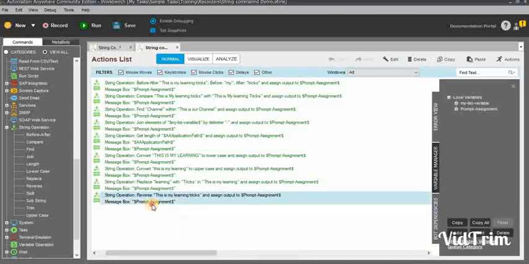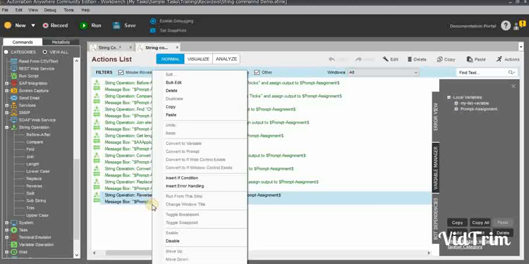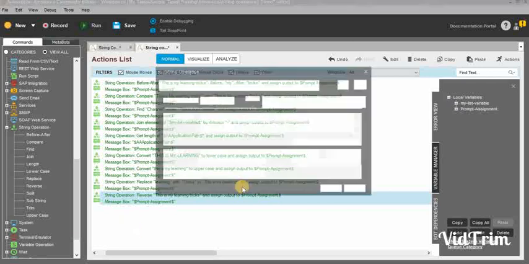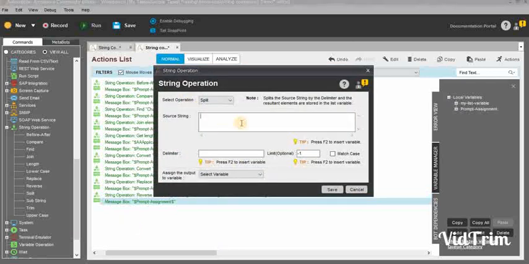So for some reasons we can use this. If all the text is available in the reverse format, then you can change it into the correct format using this reverse command. Next, the Split function. This function will split the text based on the delimiter concept. So I'll show you.